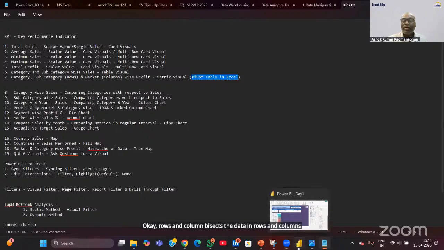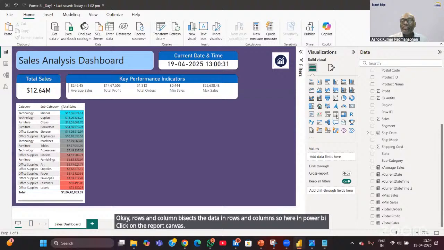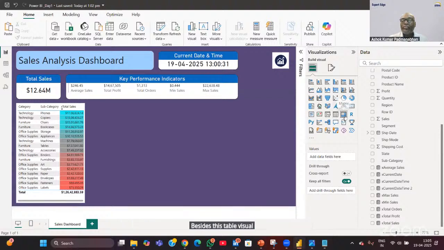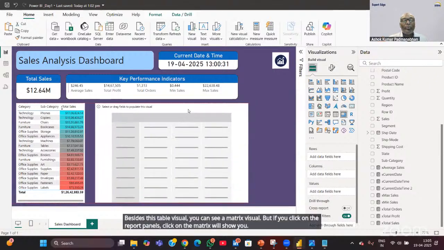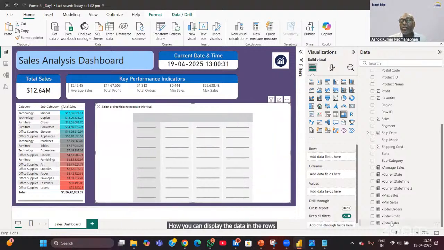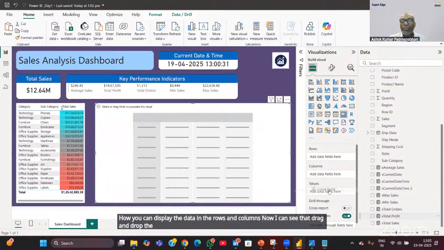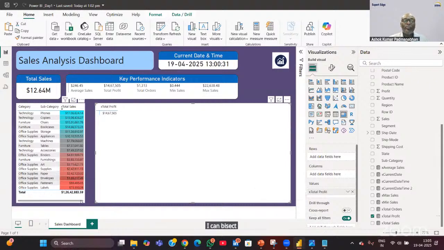So here in Power BI, click on the report canvas. Besides this table visual, you can see a matrix visual. Click on the matrix visual. Now you can display the data in rows and columns. Now I can drag and drop the total profit into the values. I can bisect the total profit